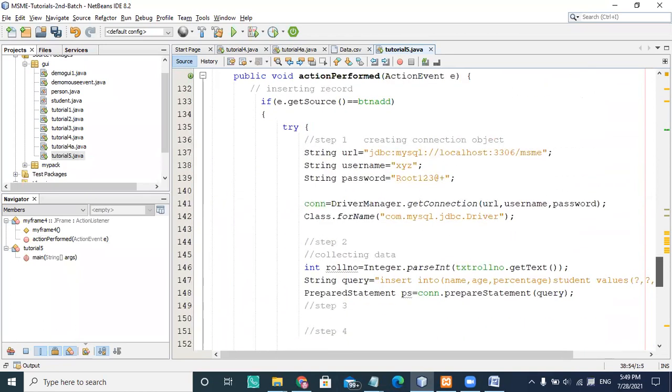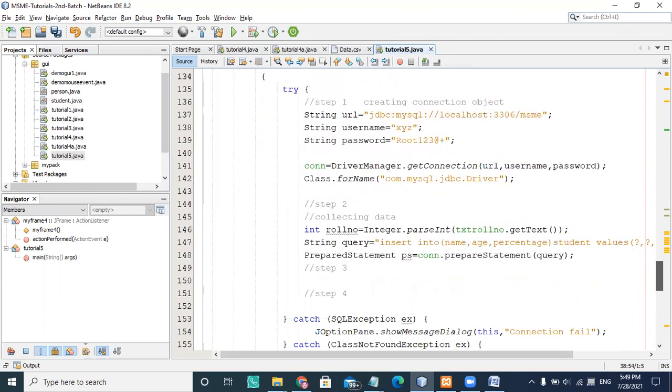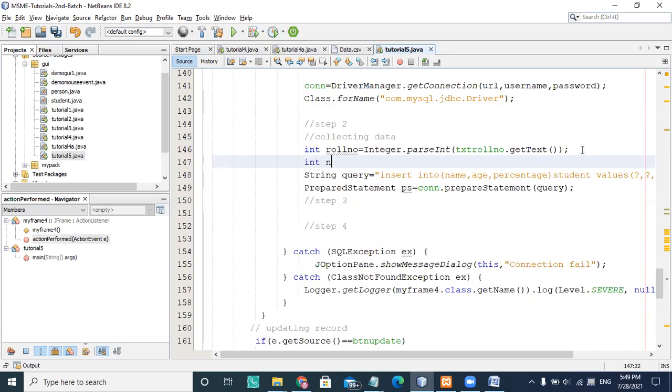So if you see, I'm collecting the value here, and that value is called roll number. Another value I'm taking is name. Instead of writing roll number and name, I'm using RN and NM. It's again txt name, and because it is not an integer type, I directly write String name here.